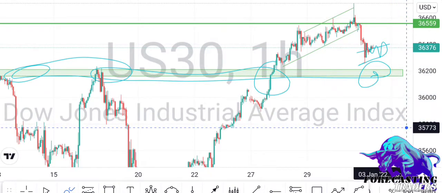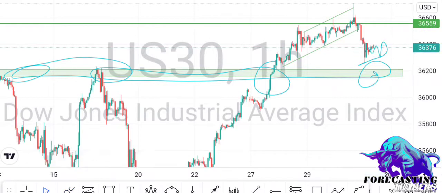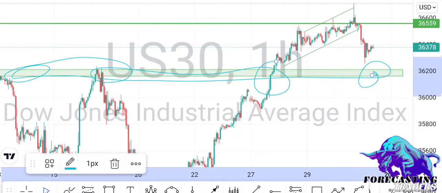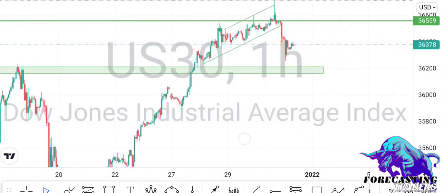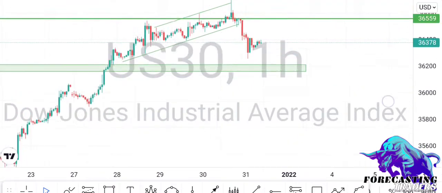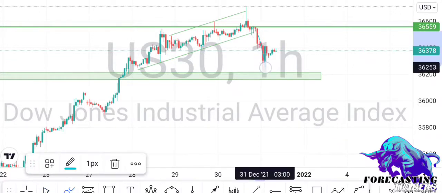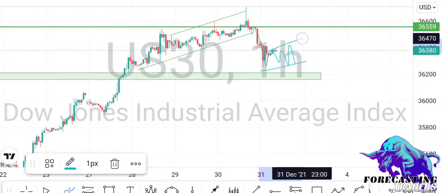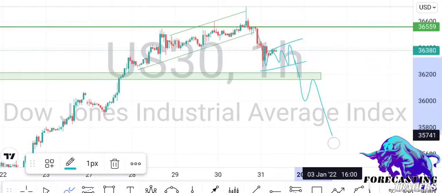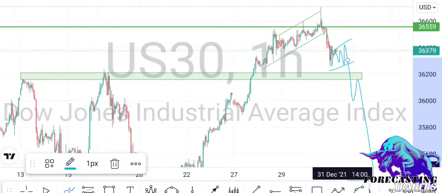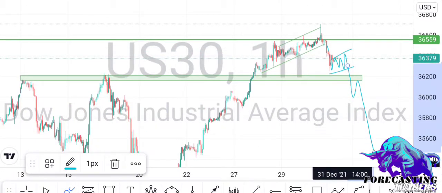Let's just remove this. Okay, here it is. So the market to come and then retest, go to the downside. So our first, since we were supposed to be having the entry at these levels, it means